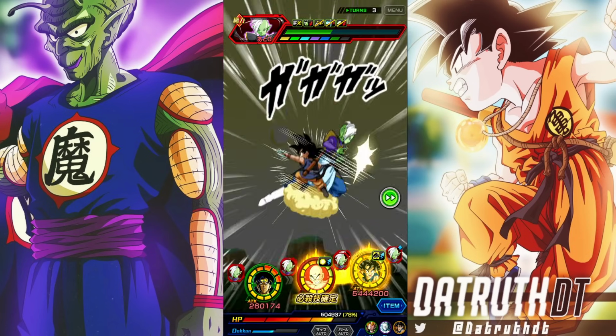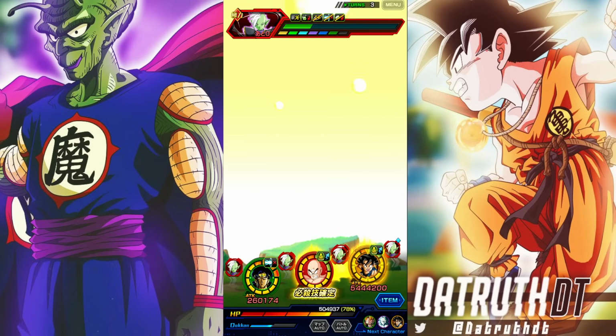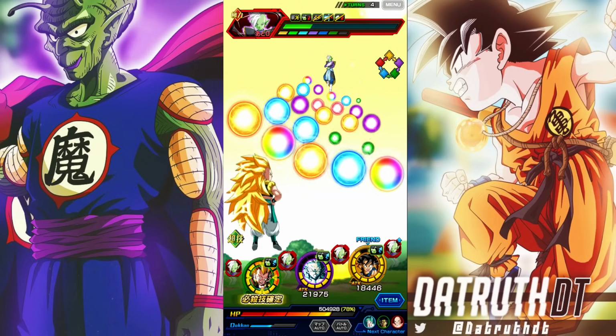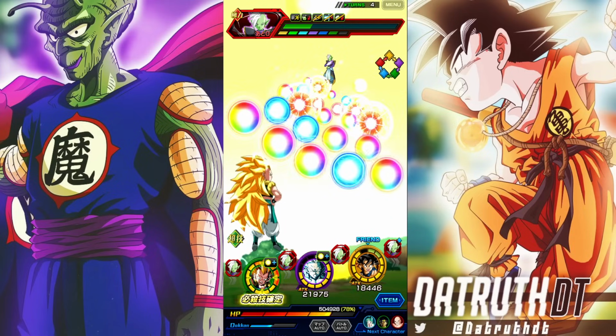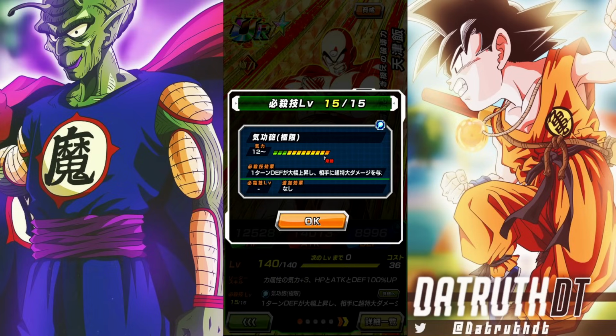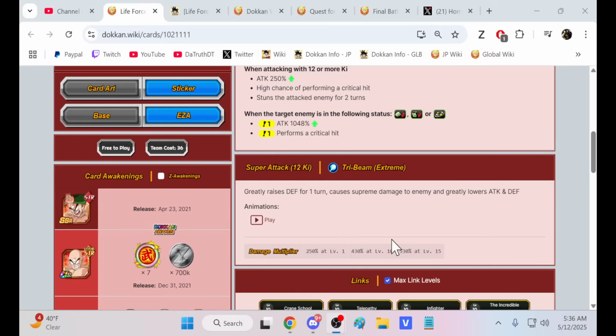Because TIEN's super attack effect: he gets 50% defense for 1 turn, does supreme damage, and then greatly lowers enemy attack and defense. So if we jump over there, that's what TIEN's super attack effect is right here. So that's why he jumped up to that attack stat. I mean, that's fine, the 48 million, but...